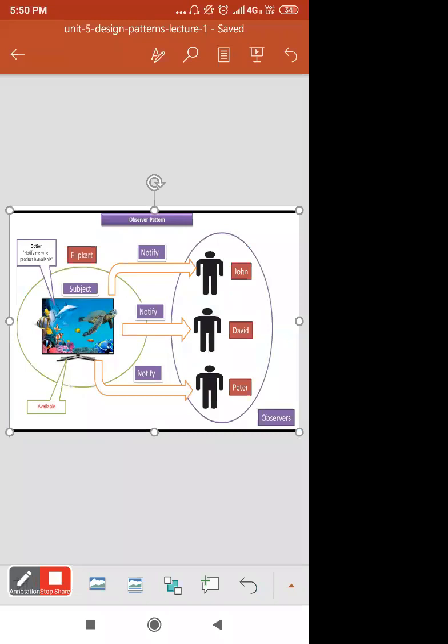Their area of interest is the LCD. They put their request to Flipkart, and as per the availability of this product, the observers will be notified by the service provider or the agencies, right? So this is the observer pattern.